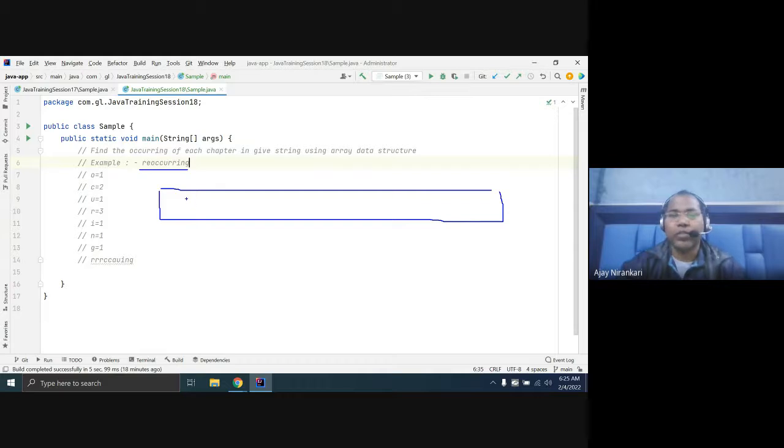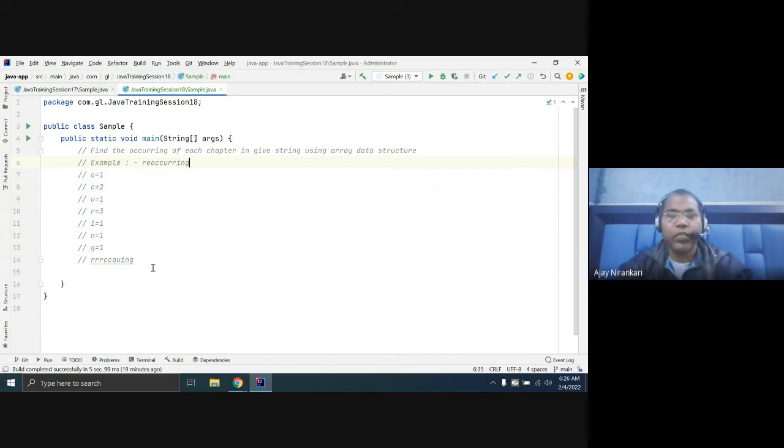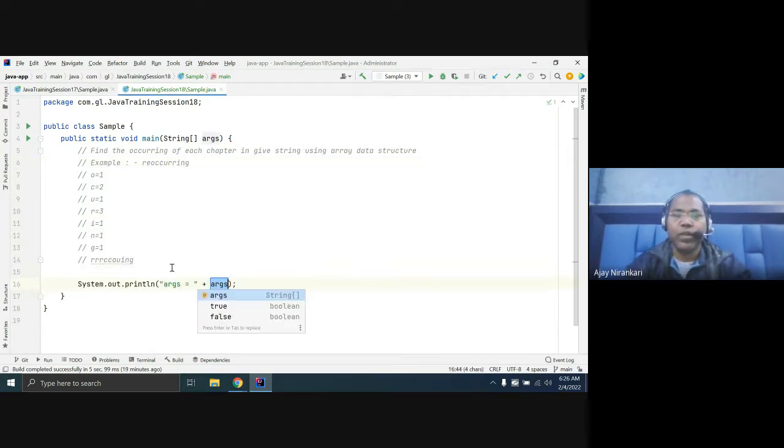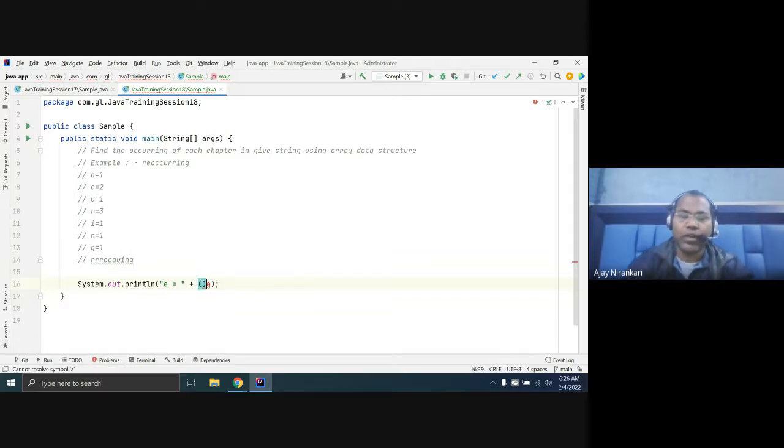You can mention an int with the character in single quotes.